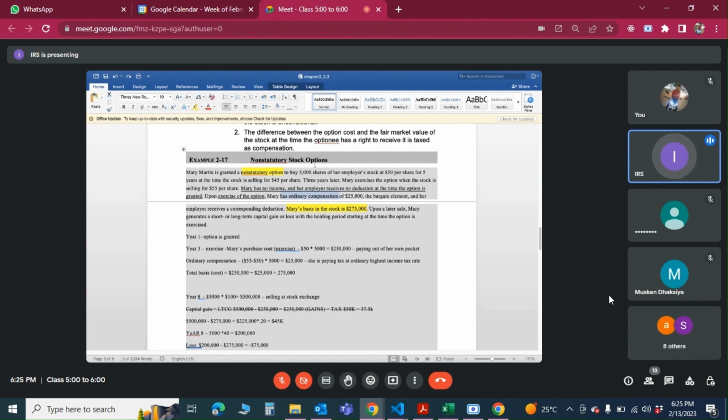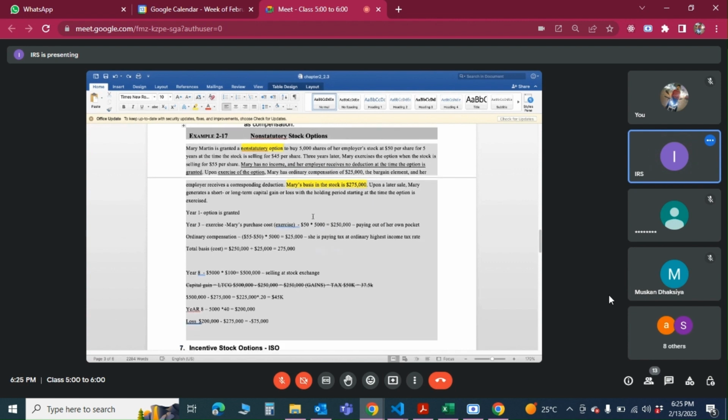She is an employee of the company. She is getting this beneficial price because she's an employee. It has to come up as ordinary compensation. If she were just trading on the stock market, buying and selling, then she would have taken that as capital gains, provided she fulfilled certain conditions, or as trading income. But she's an employee, so she will get ordinary compensation of this much.